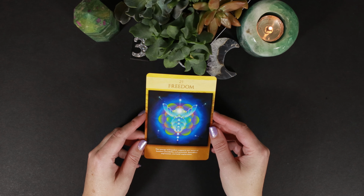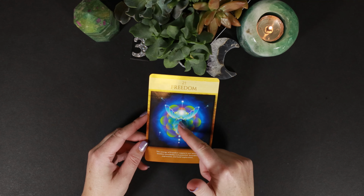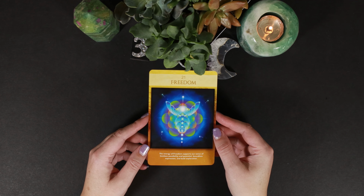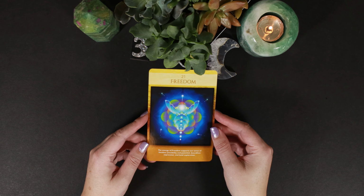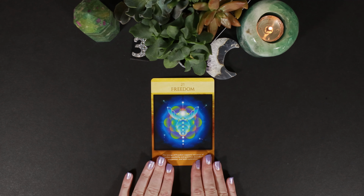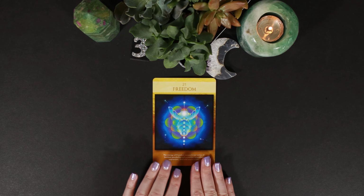We've got 23 freedom. The first thing that I'm noticing really in here is like the wings. And it just feels fresh, and it feels beautiful, and it feels new, and it feels like it's time to open up your wings and fly. The energy of freedom supports our sense of limitless possibility and potential, boundless expression, and bold exploration. Now, lovely and beautiful, of course. I don't even want to say but, but